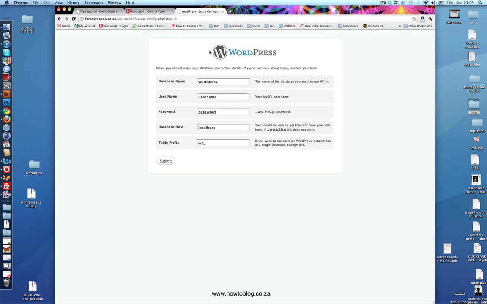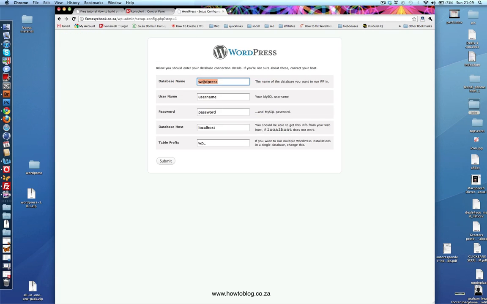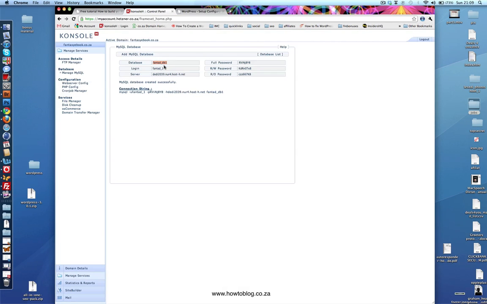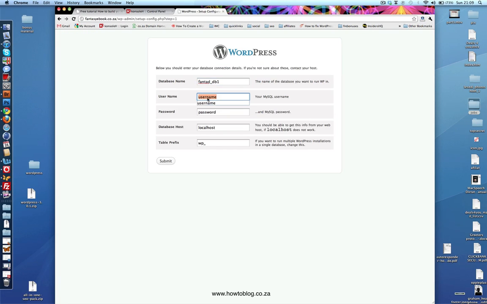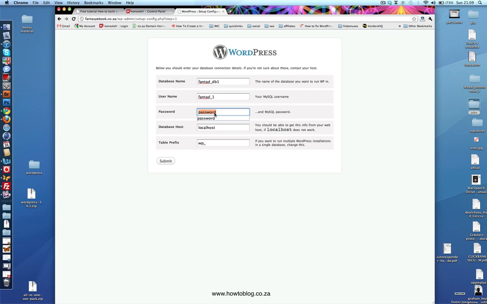Like I said earlier, here's the information that we're going to need. Our database name is that, so let's just copy that and place it in there. Our login is that. Our password is that. And the database host, if you're hosting with me, is actually the domain name. So let's just copy that in there